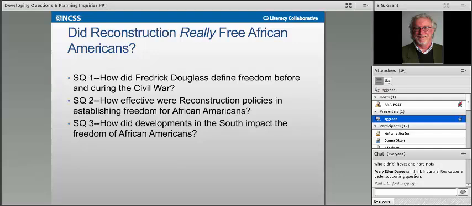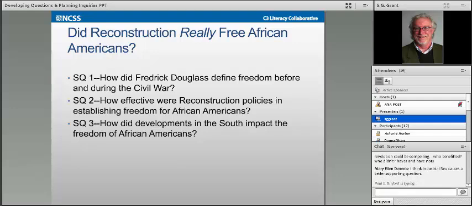And so the notion of whether Reconstruction truly freed African Americans, given that at the time, certain things certainly did not change, and perhaps did not change for many, many years afterwards, I think gives it some relevance to kids and is certainly an intellectually important kind of topic. So then the 3 supporting questions are a way to get at that compelling question.